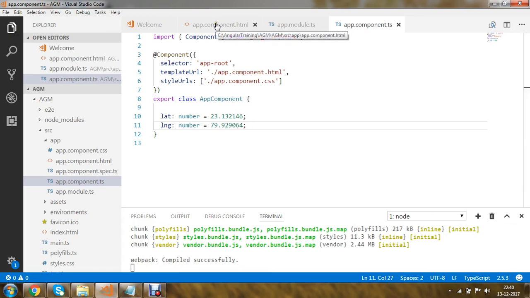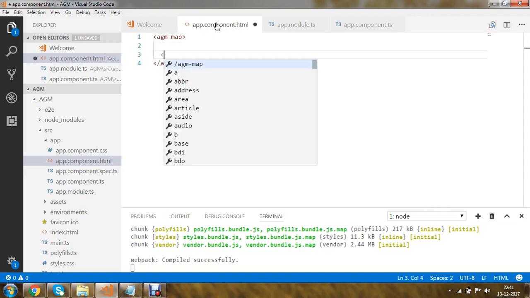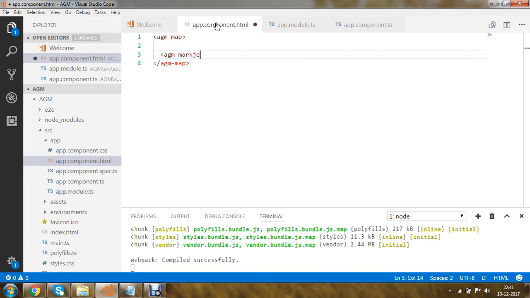Now within this app.component.html, I'm going to implement a Google map. In order to work with this AGM, we have a tag called agm-map, and you can make use of this agm-map in order to display a Google map. Within this agm-map, we have another tag called agm-marker. So these are the two tags which we are going to work with in order to display a Google map within this Angular application. Within this agm-map, I'm going to specify my latitude,